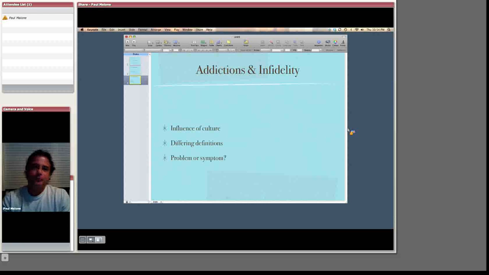I think the same thing could be said about definitions of addictions. We draw lines in very different places when it comes to addictions. Some people using X amount would be considered an addiction, and for other people, a completely different amount would be considered an addiction. And yes, there are guidelines that if you fit certain criteria, then this means that you have a problem with addiction. But I found that in practice, people tend to draw their lines in very different places.